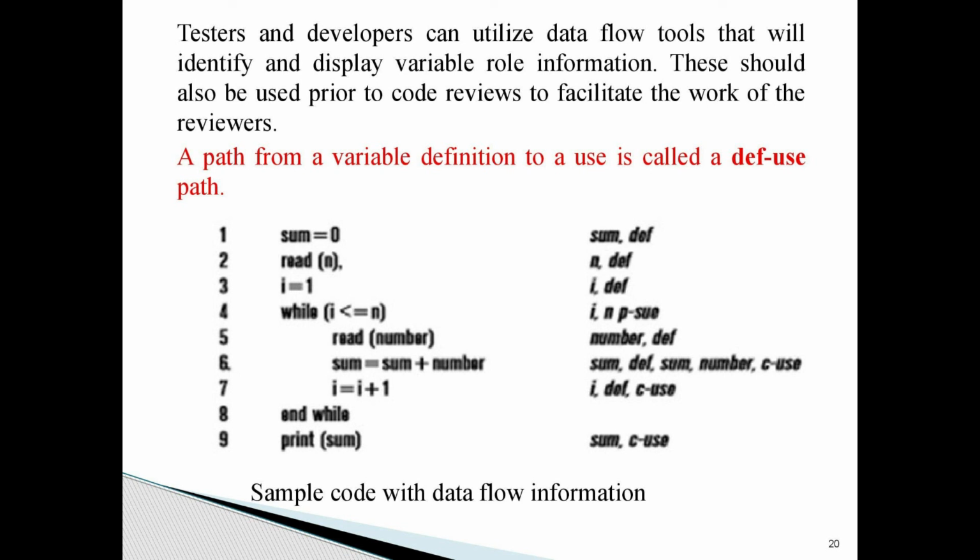Here we have given a sample code with the data flow information. The sample code is nothing but the sum of n numbers. We have written the code on the left hand side and the def use on the right hand side. So sum is equal to 0. Here sum is defined. In read n, n is defined. I is equal to 1, I also is defined. While I less than or equal to n,